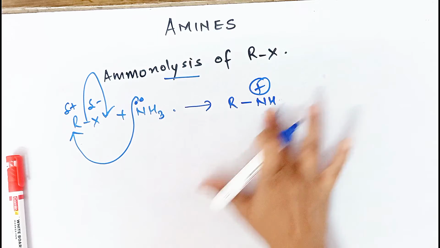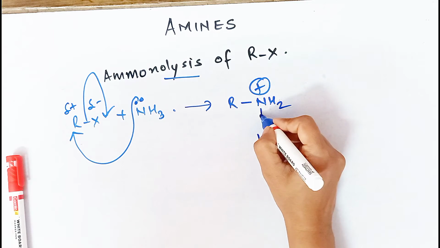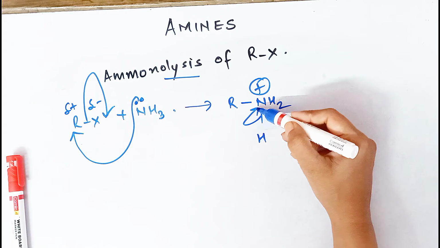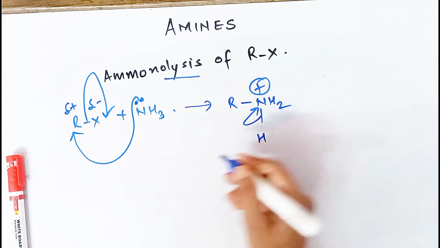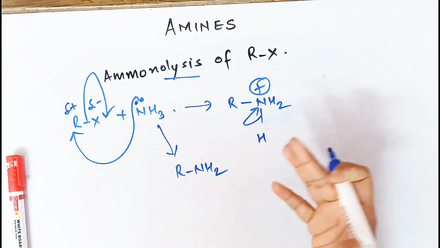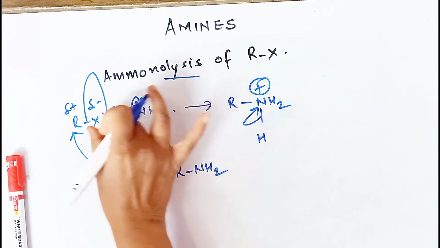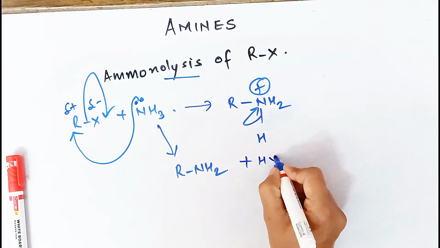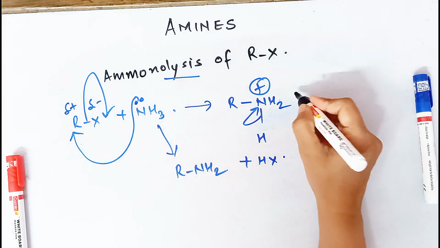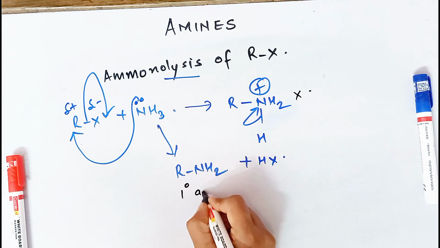Now this is very important: when this becomes NH3 plus, then one of the hydrogen atoms automatically has to go out because the nitrogen has got a positive sign. So one of the hydrogen atoms has to go out. We don't show this step in the exam, rather we directly show RNH2 in the exam, and we understand that one H plus has already gone out with this X minus. H plus X minus means HX, right? So there is no need for showing this step in the exam. So directly we show it, and then what happens is we get a primary amine.